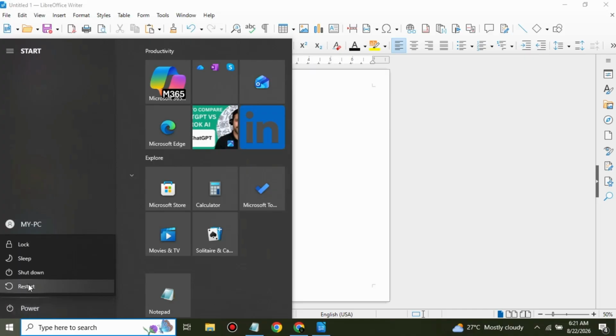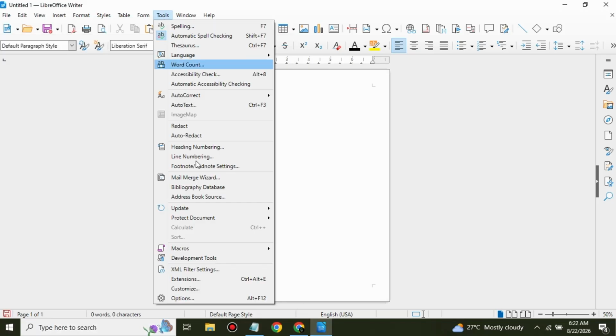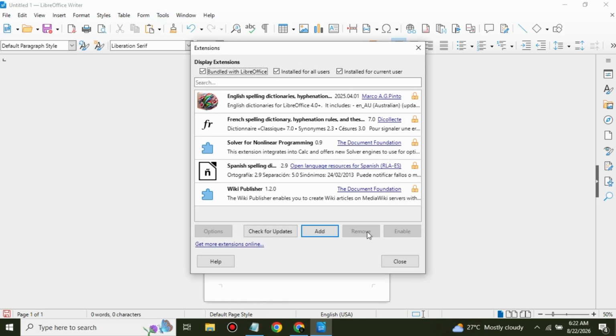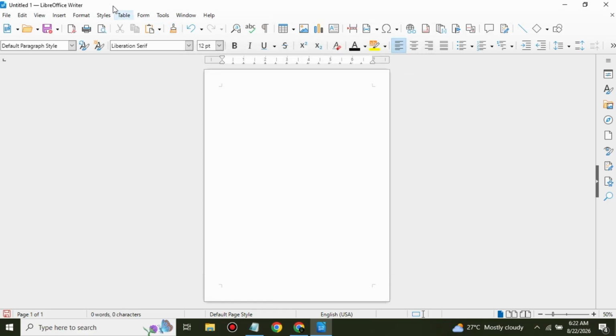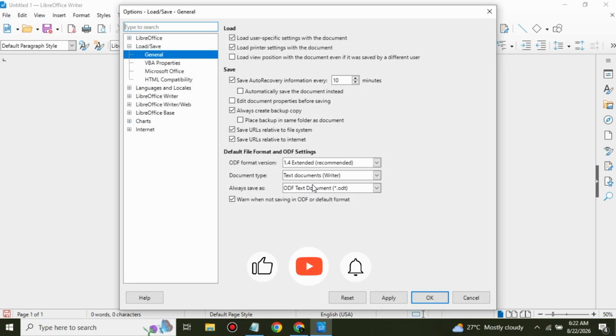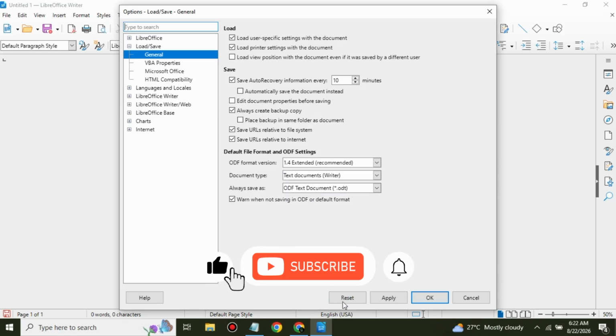And that's how to fix LibreOffice crashing. Restart LibreOffice and your computer, disable extensions, try safe mode, reset the user profile if necessary, update or reinstall the software, and test individual documents. Checking each possible cause one step at a time can make it much easier to find the problem and get